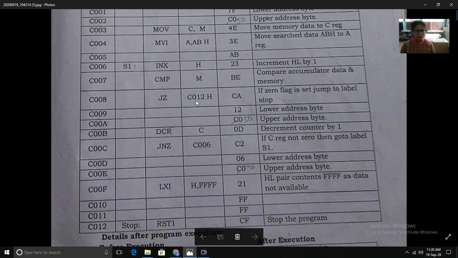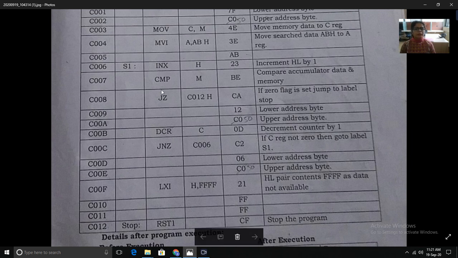Now the next instruction is JZ, jump to memory location 5012. So if the zero flag is set, then jump to memory location 5012 and this stops the program. Now what is the meaning of this? The meaning of this instruction is, if we found the item, we don't have further need to search the list because we have found the item.